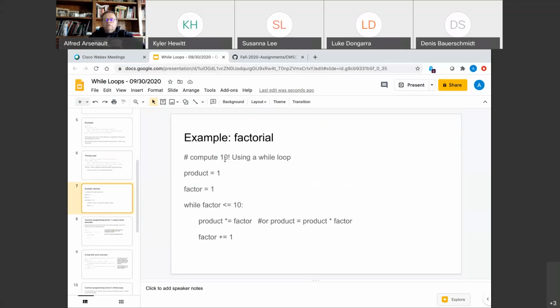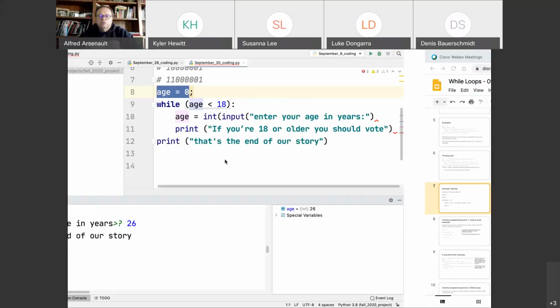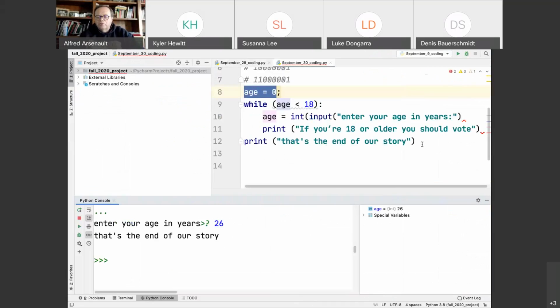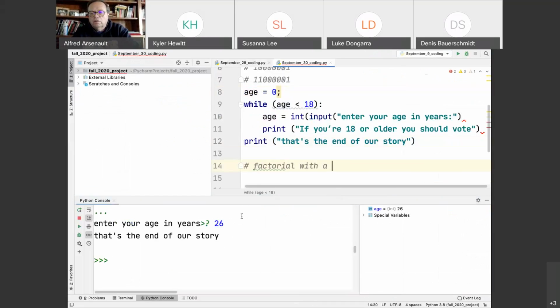Let's talk about another example. Now, in this case, I want to calculate a number factorial. Okay. There are so many different ways to do factorial. I could do factorial with a for loop. I could do factorial without loops at all. It's ugly, but I could do it. But factorial with a for loop,